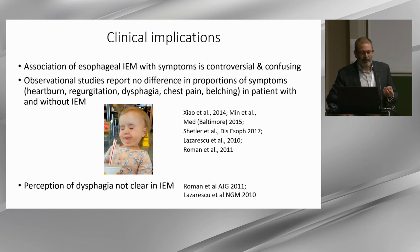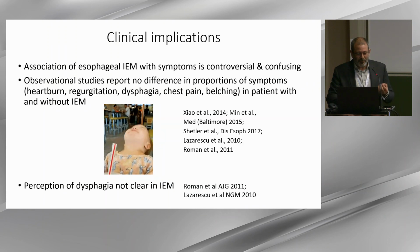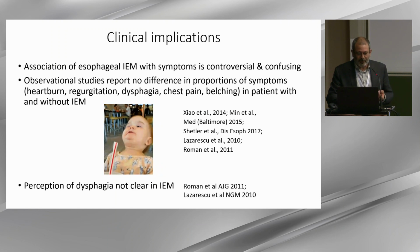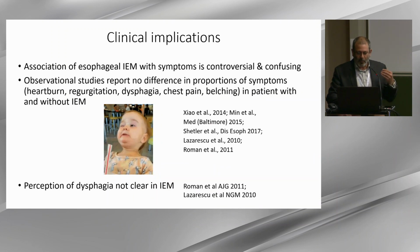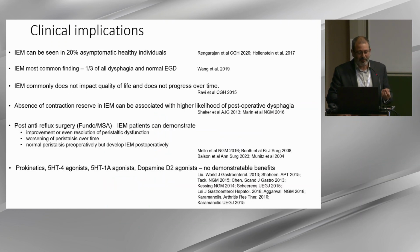So what are the clinical implications? The association of esophageal IEM with symptoms is controversial and confusing. The observational studies report no difference in the proportions of symptoms, you know, heartburn, regurgitation, dysphagia, chest pain, belching. It's difficult to determine in patients with and without IEM. And the perception of dysphagia is not clear in IEM. We also know, and we've heard this already, that up to 20% of asymptomatic healthy subjects have IEM, and up to a third of patients with normal endoscopy